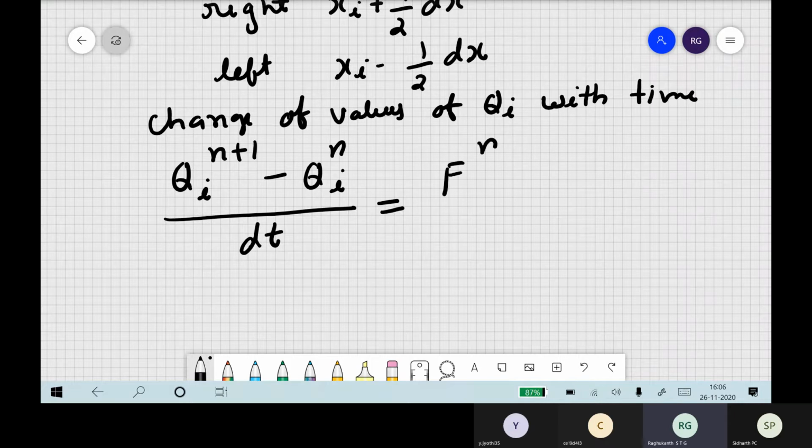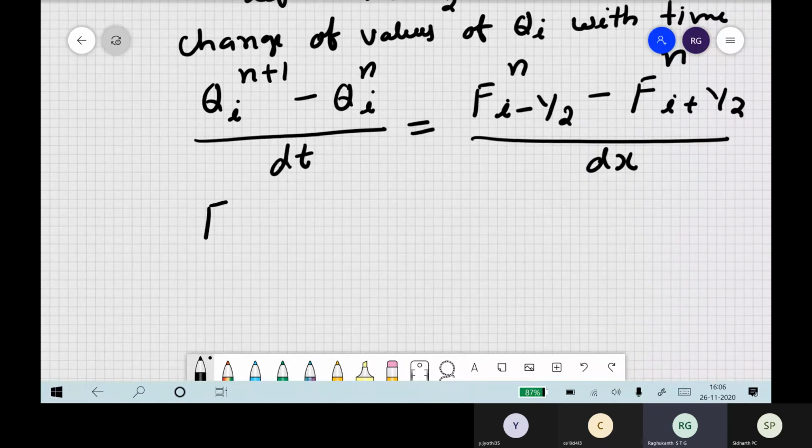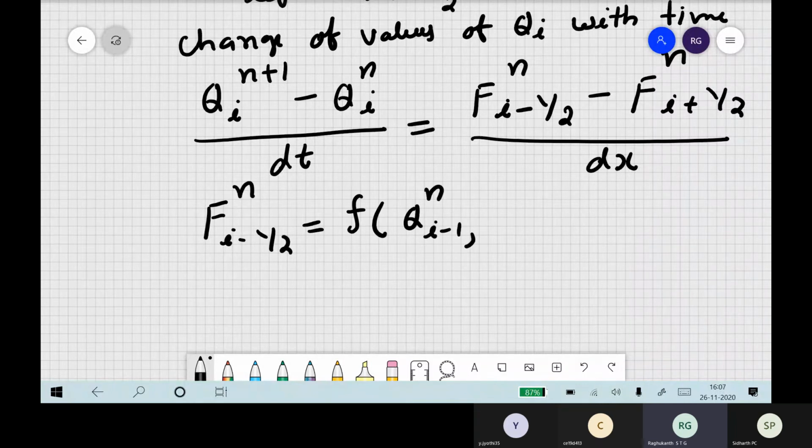Okay, so this indicates f of n, I minus half, minus how much is inflow and how much is the outflow, by dx. So this depends on our derivatives. So this f I minus half depends on the flux actually, how much is coming inside, so that depends on the previous cell also. So this essentially depends on q n of the I minus 1th cell and then q n of the ith cell. It is a function of these two quantities itself.